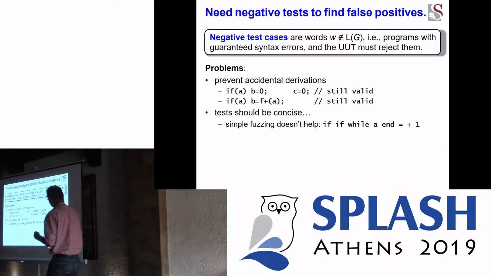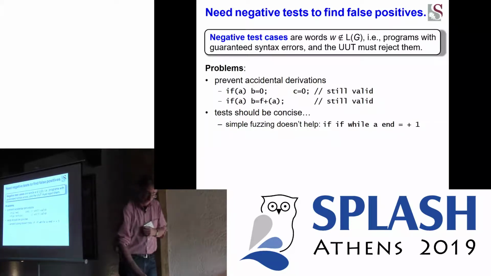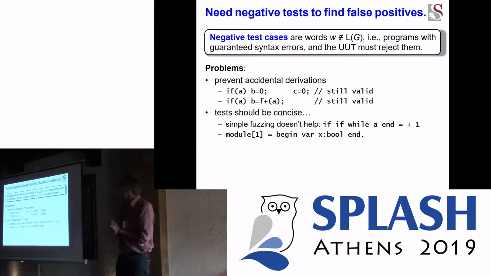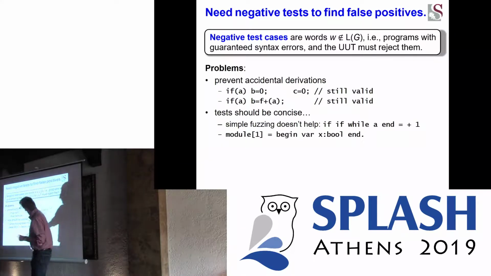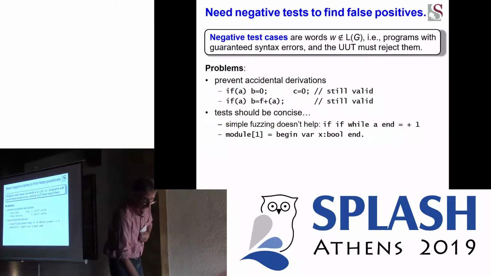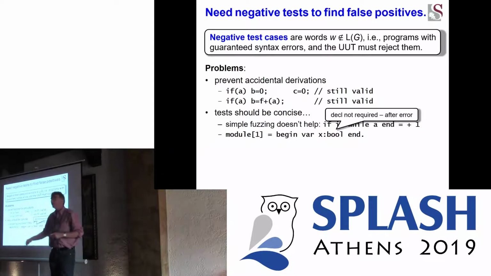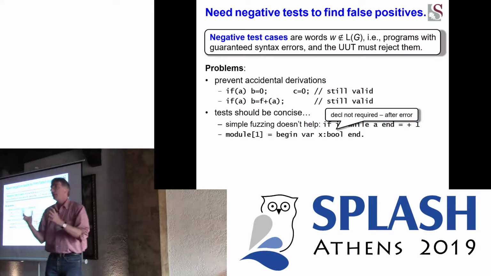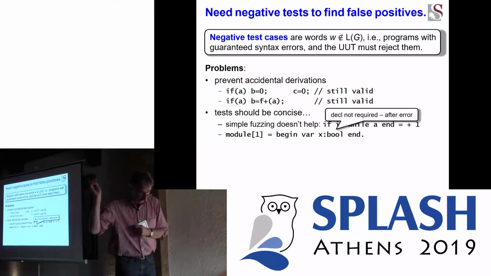It will almost certainly break at the same first token. So we want to be better than that. We also want test cases that are as small as possible. For instance, here's a program that's illegal in the grammar that we've seen before. The identifier is missing, but it's in some sense too complicated. There's the entire declaration that's not required. It's after the error. We want test cases that are very concise and pinpoint the location where the error in the grammar is. You can see where this is going.